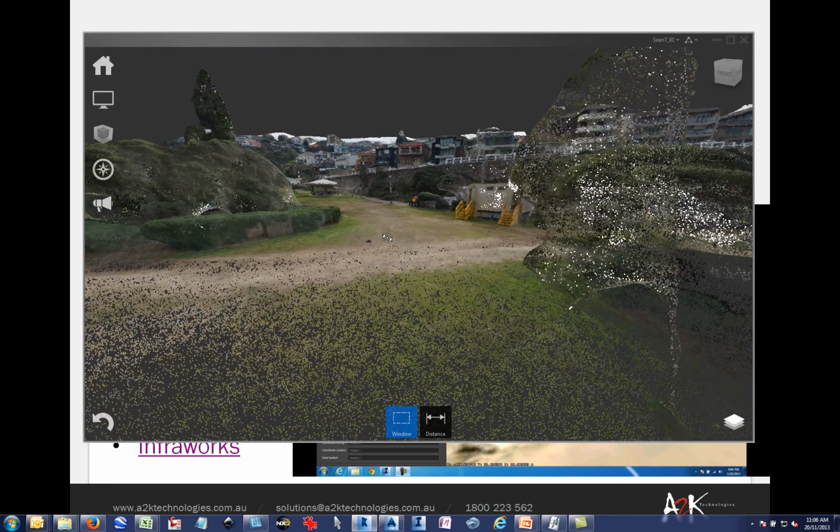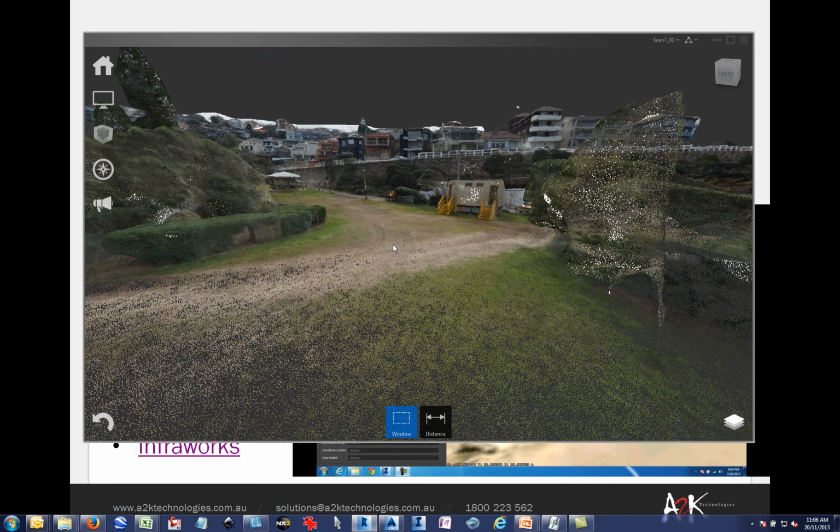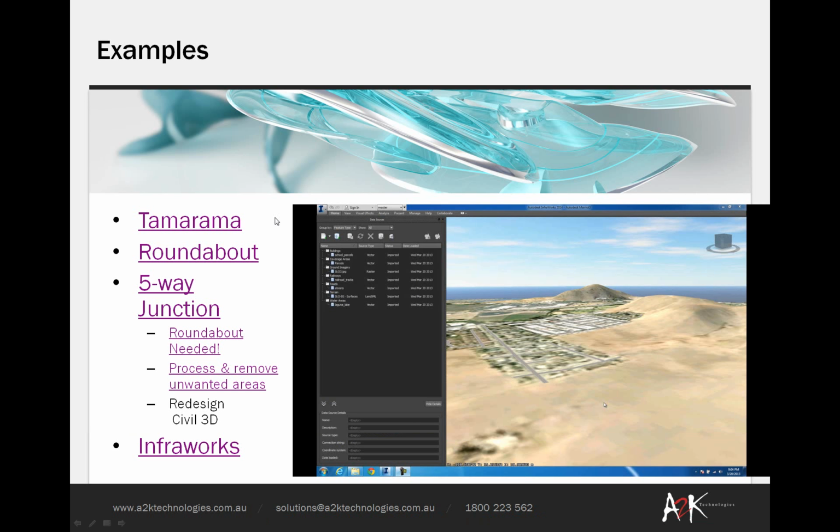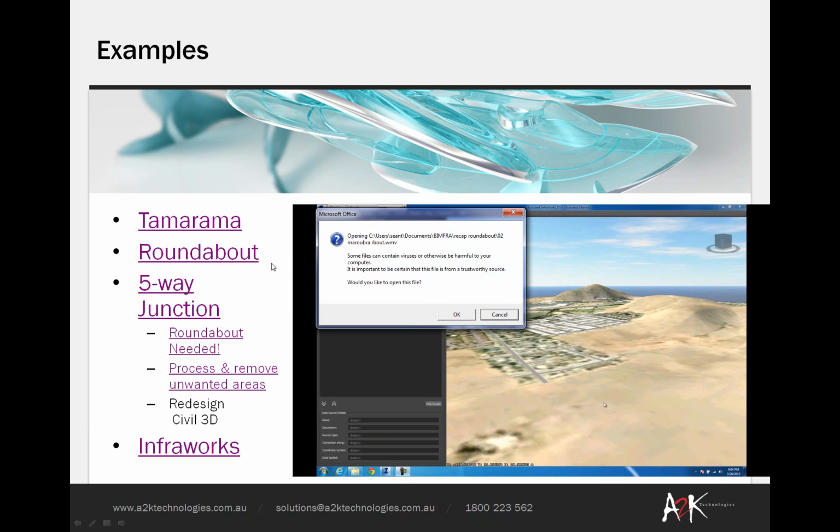So this was done literally while walking past, just taking some random quick photographs. What this is showing is that ReCap Photo can be used not just for buildings but for infrastructure jobs as well. So that's one example. The other one is